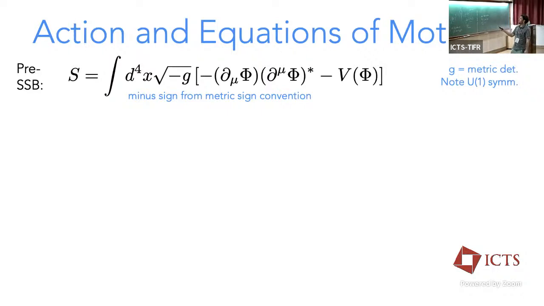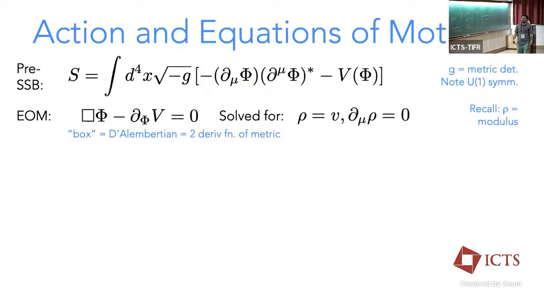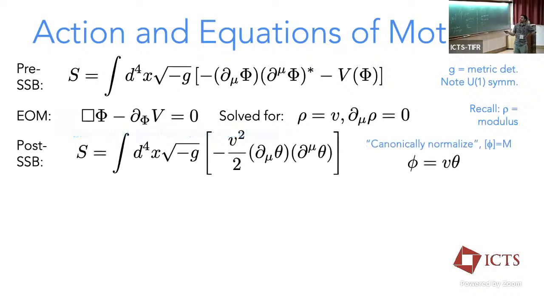Before spontaneous symmetry breaking, the action is this: d4x square root of minus g, times the Lagrangian of the complex scalar field inside this integral. The equation of motion that you get from this action, you just do Euler-Lagrange equations: box phi minus dV/dphi equals 0. That is solved if we set the radial field to its vacuum expectation value and the derivatives to 0. If we put it on its VEV, then we end up with